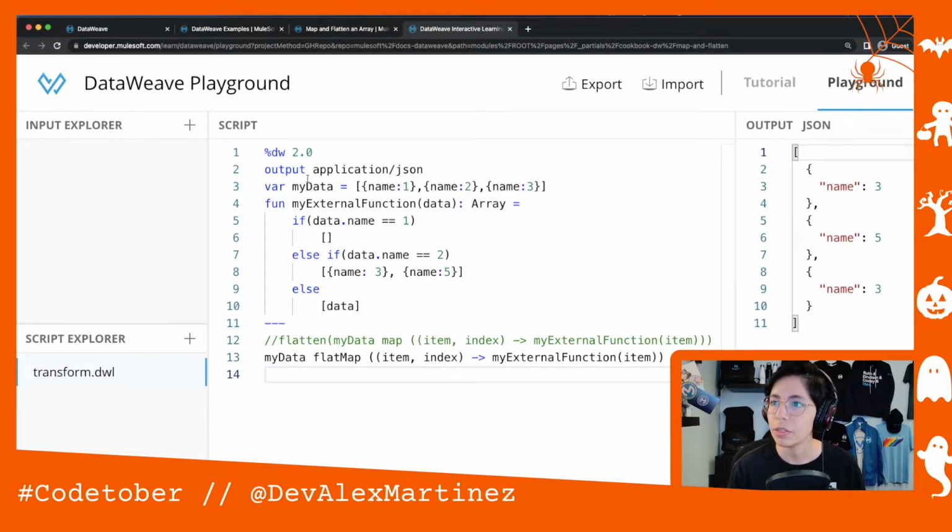Okay. So we have the variable myData, which is an array of objects, name 1, name 2, name 3. Then we have a function, myExternal function, that accepts data of type any, and it returns an array. Now, if data.name equals 1, then return an empty array. Else if data.name equals 2, now this one is going to